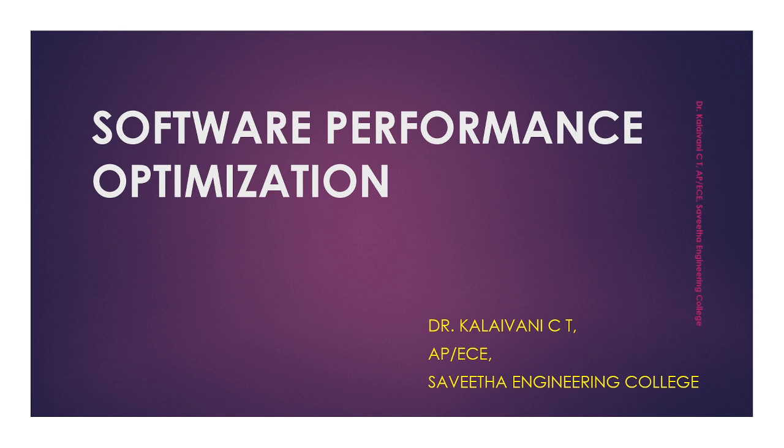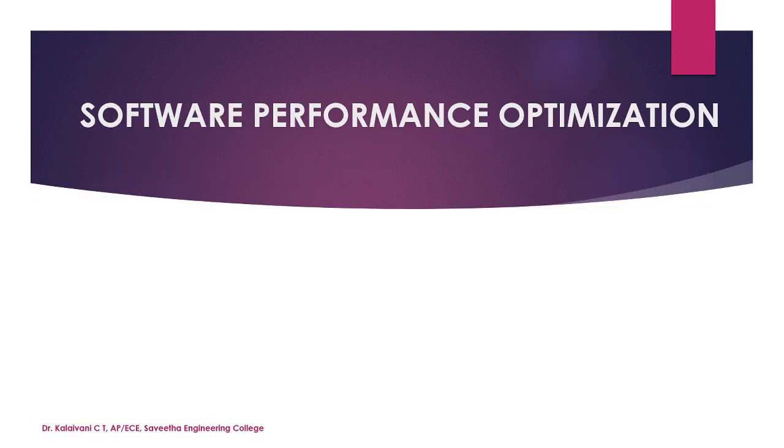So how do we reduce this execution time? The execution time depends on two things. One is the software, the other is the hardware. Even if you use very good hardware, the software must also run in an effective manner with a lesser amount of code. So how to program an application with less code, that is a good embedded engineer. So we will see about software performance optimization.